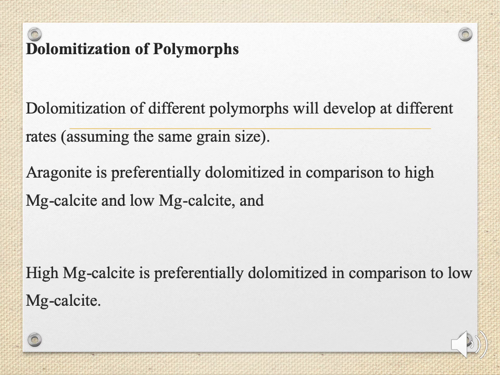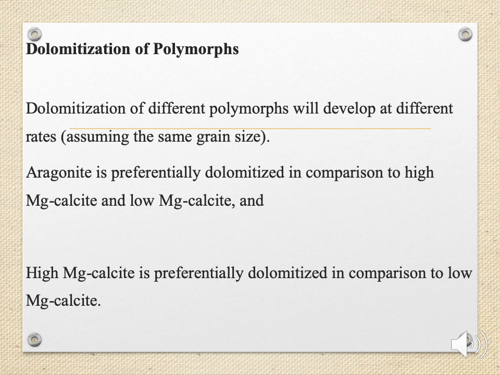Now, when it comes to the dolomitization of polymorphs, different polymorphs will develop at different rates, assuming the same grain size. Aragonite is going to be preferentially dolomitized in comparison to high magnesium calcite and low magnesium calcite. And high magnesium calcite is going to be preferentially dolomitized in comparison to low magnesium calcite. And this is quite interesting because it's following the same category of how